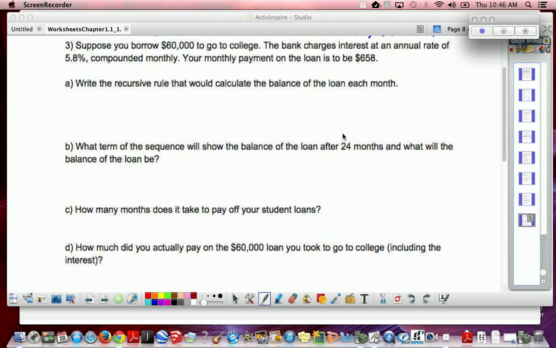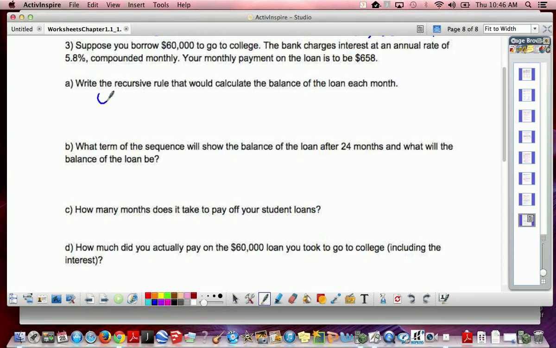On the second page here is just the same types of problems. We're just talking about different amounts and different payments and different interests. So the numbers just changed, the process is the same. So number 3 says, suppose you borrow $60,000 to go to college. The bank charges interest at an annual rate of 5.8% compounded monthly. Your monthly payment on the loan will be